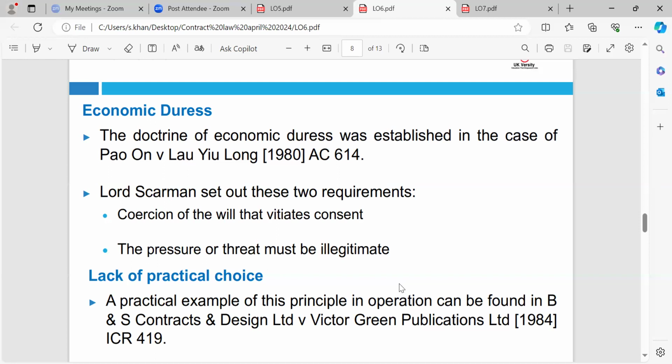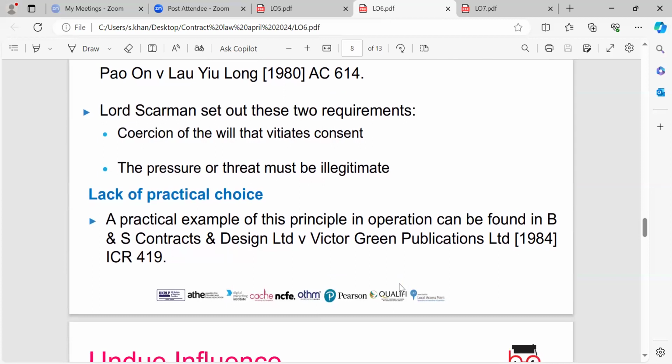The first requirement, that requires a coercion of the will that vitiates the consent, was highly criticised by academics such as Atiyah. It was criticised in the case of Dimskal Shipping Company in 1991, where they criticised the coercion of the will that vitiates consent requirement on the ground that a victim of duress's consent has not been vitiated, as they're completely aware of what they are doing and they consent intentionally. The lack of practical choice,